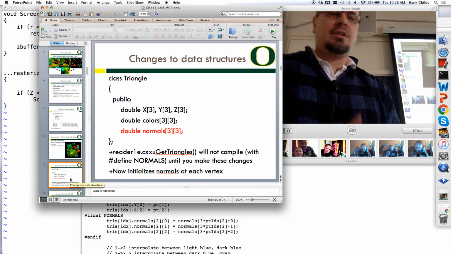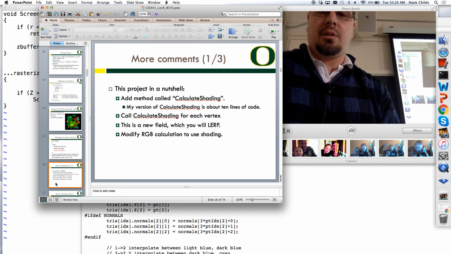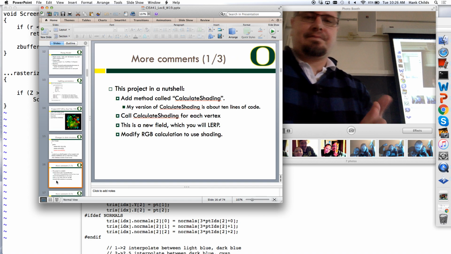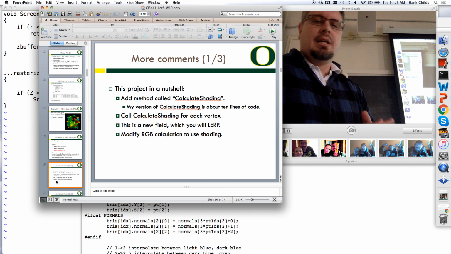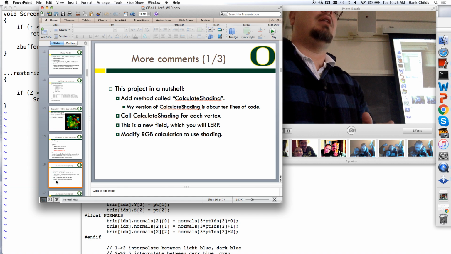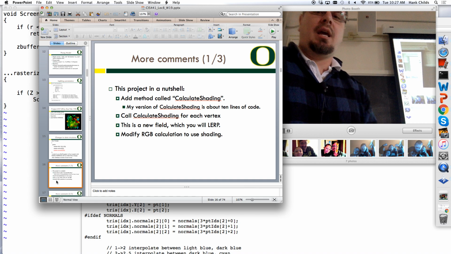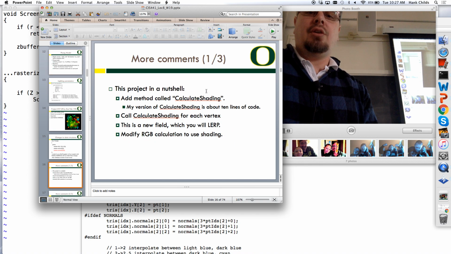You got it. And I actually have a little more in my notes here about that, but that's exactly right. I'm going to make that a little more clear. So I think this will demystify your question. Here's the project in a nutshell. You're going to add a method called calculate shading, and it's going to take this signature: lighting parameters, view direction, normal, and you're going to calculate for a vertex